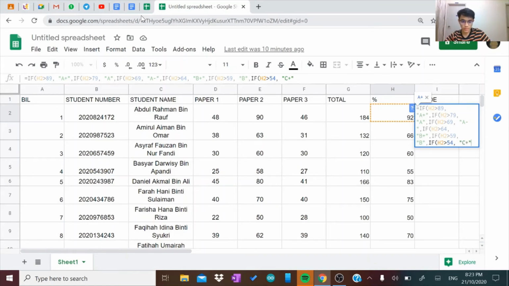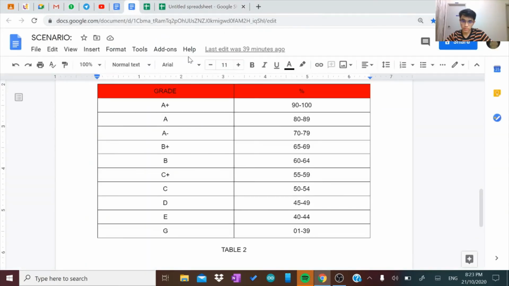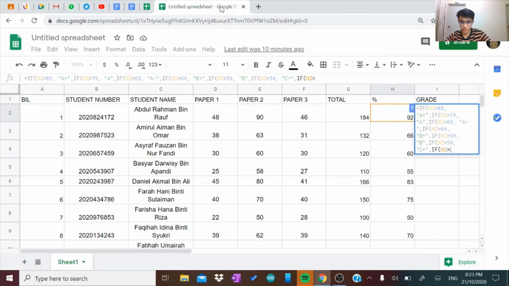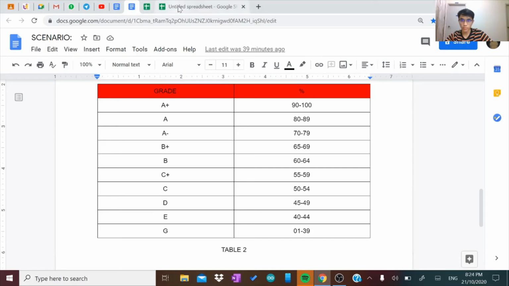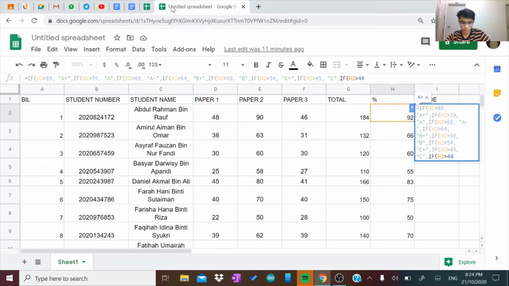Right, close it, comma, IF H2, then we just refer back to this one, 49, just for C, close it, comma, IF, then H2 must be greater than 44 as well, which is for D,